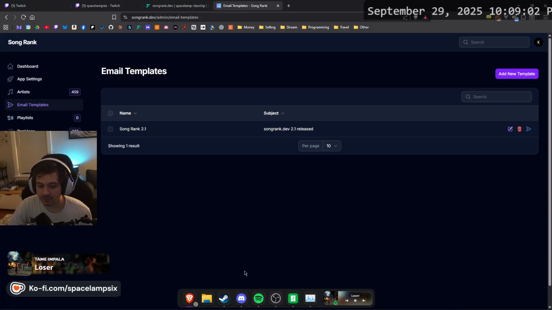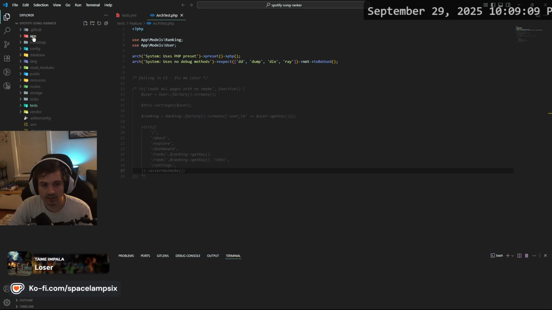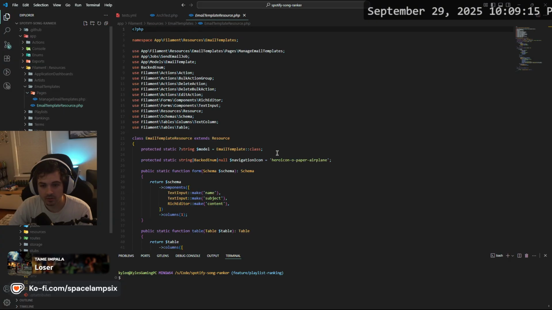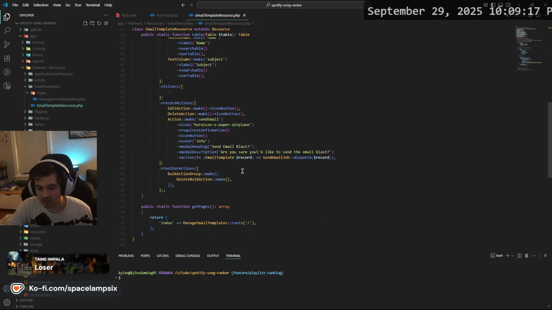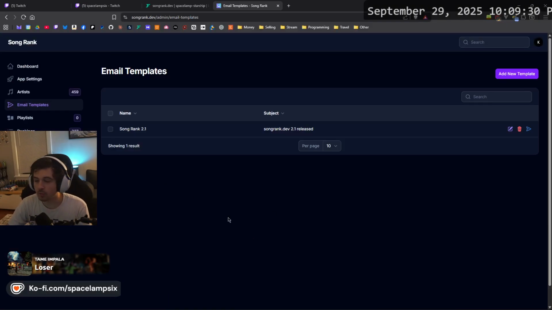Alright, let me look at the code. So when I go to Filament, email templates, pages, I have a custom action, send email job dispatch. So unless the queue isn't running, which it could be. This is why I have to get Horizon set up in here too.